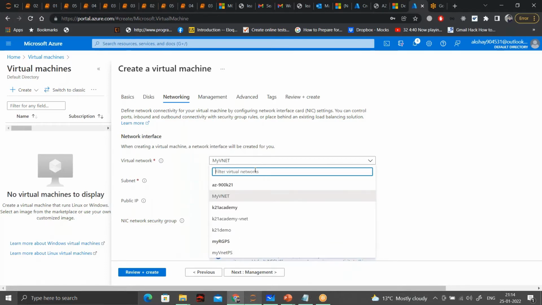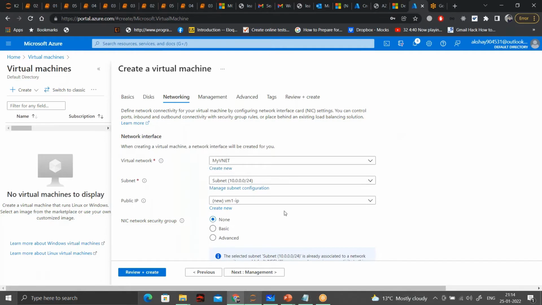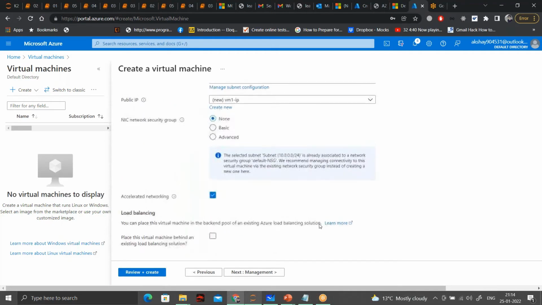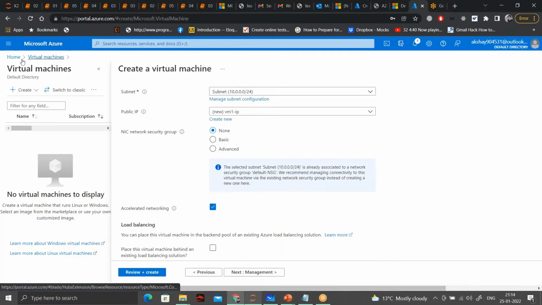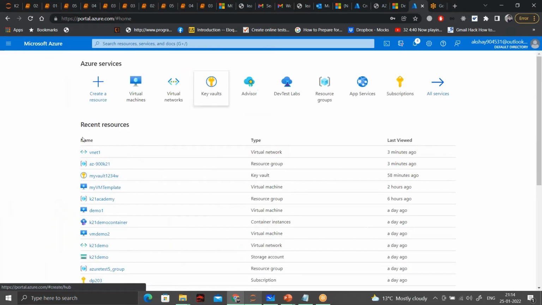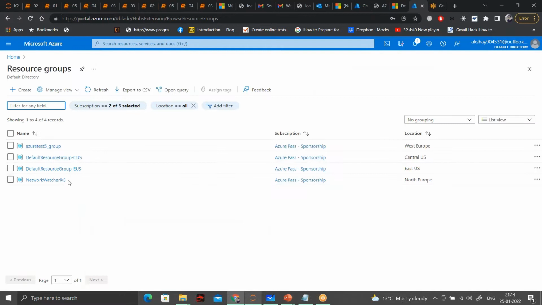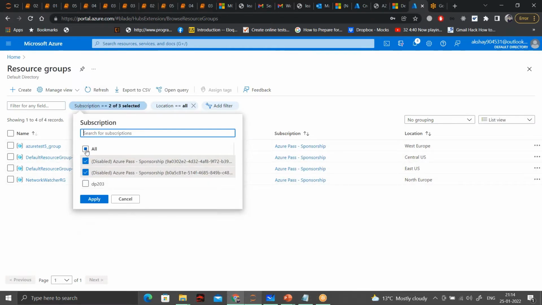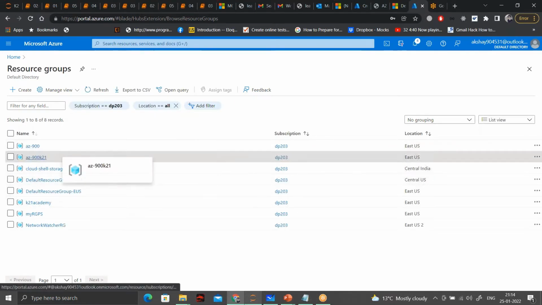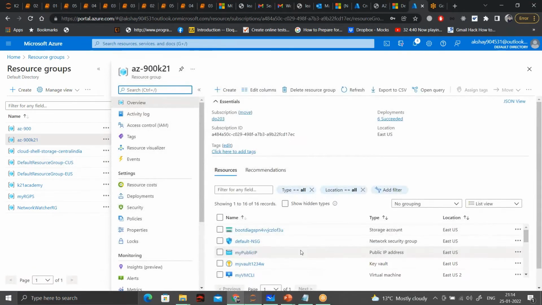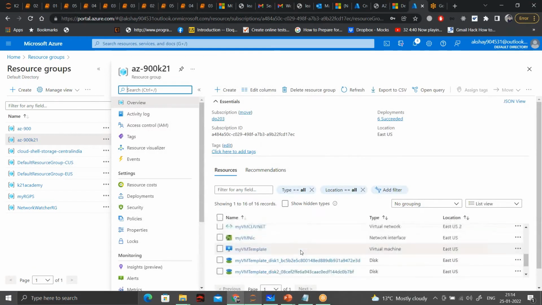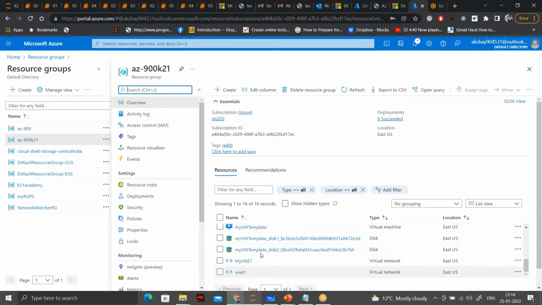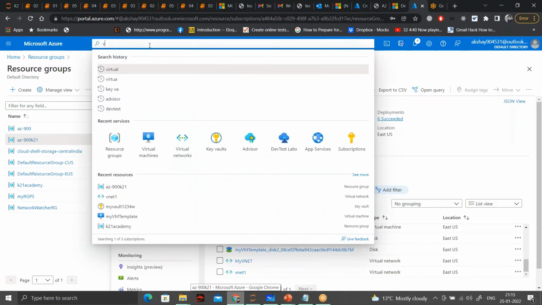Why is this not showing the VNet? I guess the virtual network was not created. Let me check. Yeah, there is a virtual network in this resource group itself. This is not selected, that is why. Yeah, VNet1 is there. Okay, now I'll go ahead and create a new virtual machine.